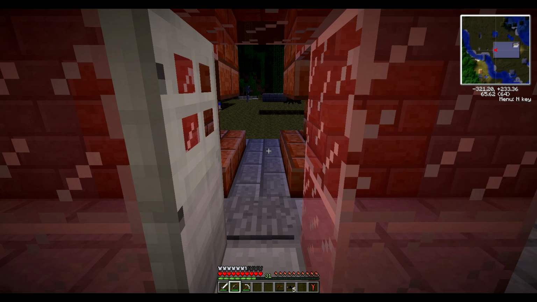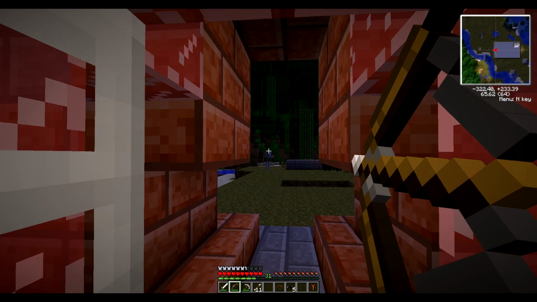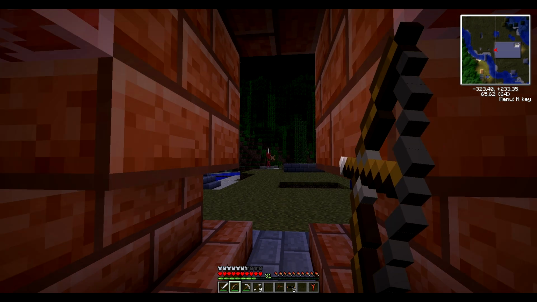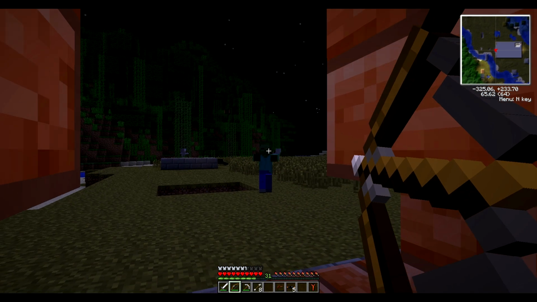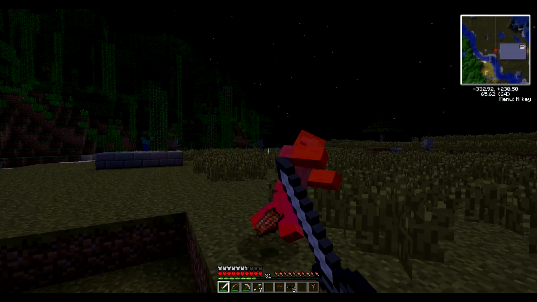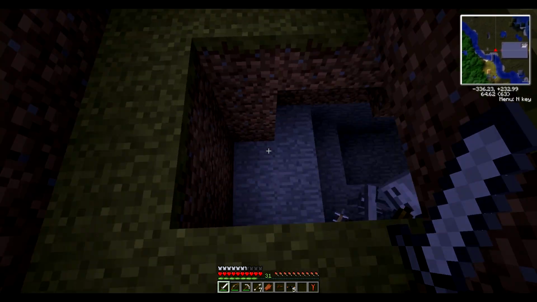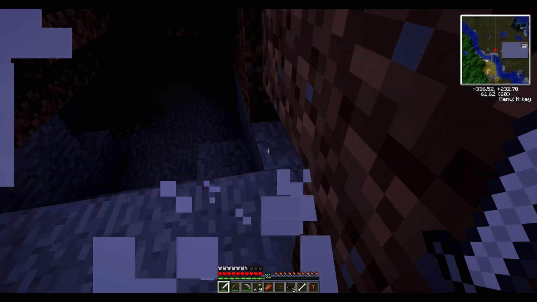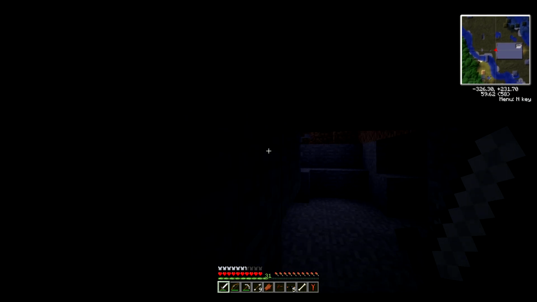Okay, let's see how many arrows we have. We got 11 arrows. That's pretty good. Let's kill these skeletons first. Damn it. Why is he running? I don't care. I don't even care. Get his arrows. Oh, you son of a bitch. Oh, here's some ore, though. So once we kill this guy...